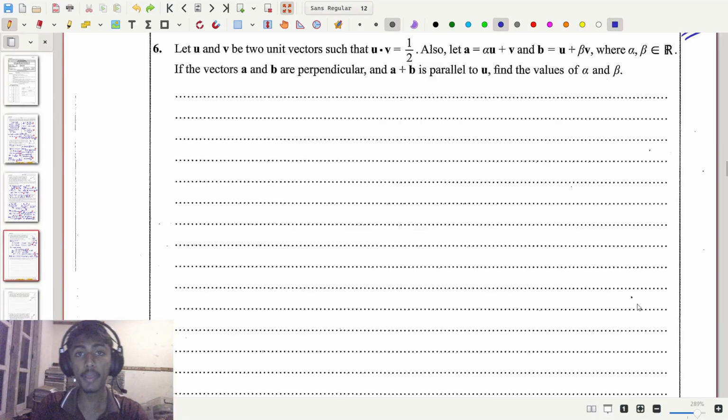2024 A-Level Combined Mathematics Paper 2 Part A question number 6. This question has to do with vectors and the dot product. The question says, let vector u and vector v be two unit vectors such that u dot v